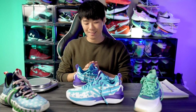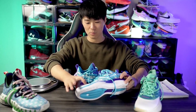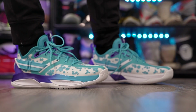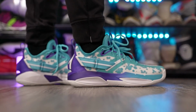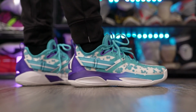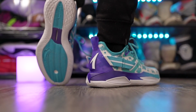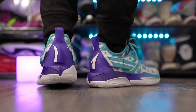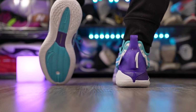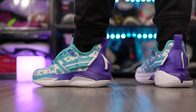Moving on to the aesthetics, I like it overall. Not a huge fan of these, what are these, hexagons on the upper? It's like a fused hexagon that goes throughout this entire upper. But the overall design and the overall silhouette looks great. It's a super simple design besides the fused material. And I like the very simple black and white colorway a little bit better than this. And I feel like I like the GH2 better as far as the overall design goes, right? GH1 is probably my least favorite, but anyways,